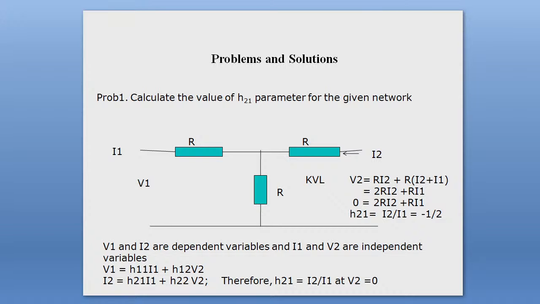Okay, if I ask you to calculate the value of the h22 parameter, what will be the value of the h22 parameter? It is I2 by V2 when I1 equals 0. When I1 equals 0, then you can calculate it by considering the loop,